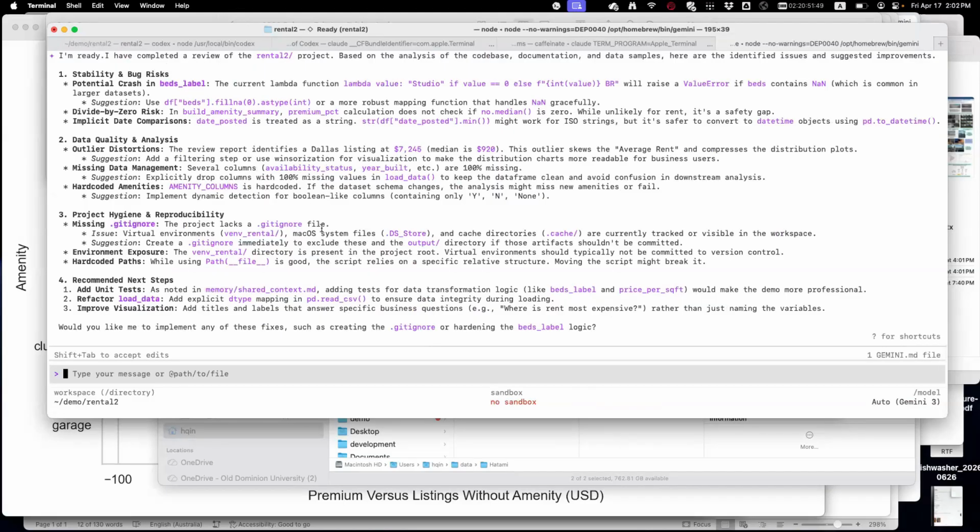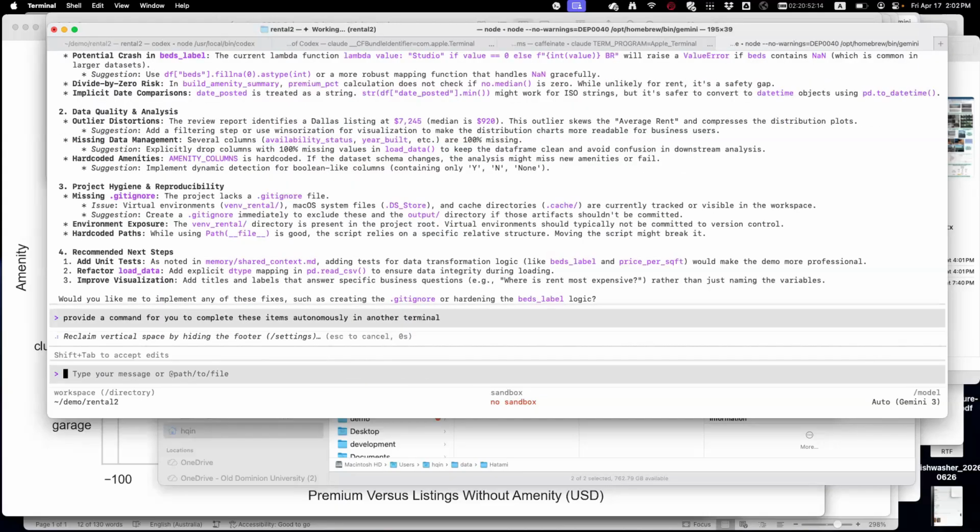It actually says, would you like me to provide a command for you to complete these items autonomously in another terminal. Let's see what it comes up with, and then I'll just execute that command. Hopefully it gets everything done, and I don't have to approve this one now. That will be a very funny command you will see.